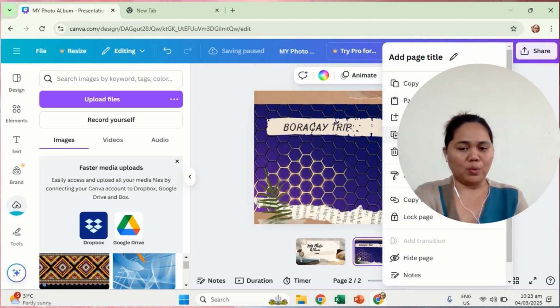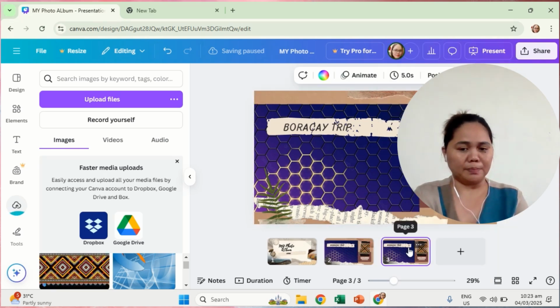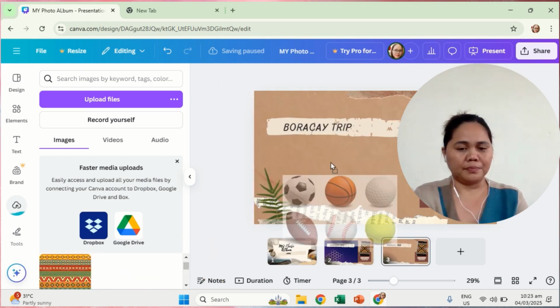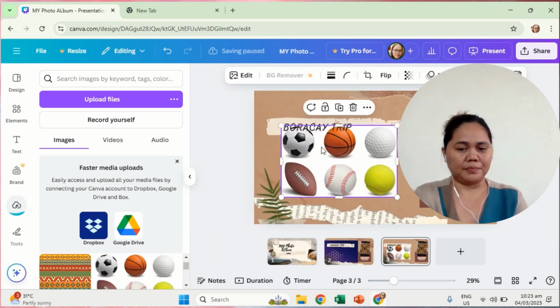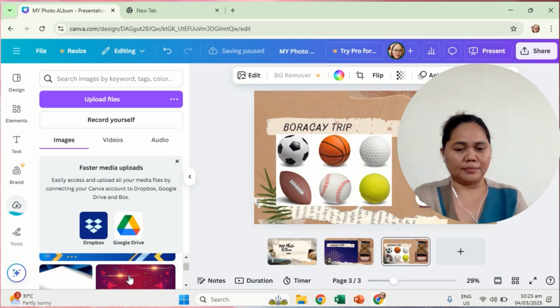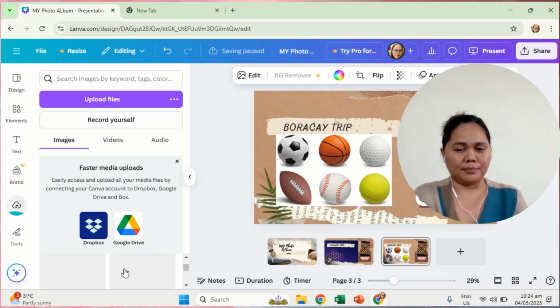So we can add more of the same template. So you can just drag.